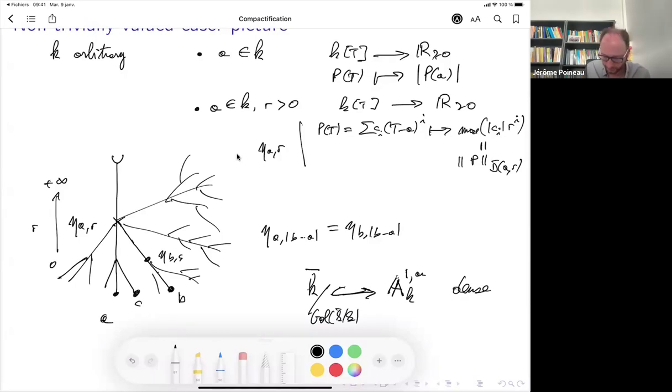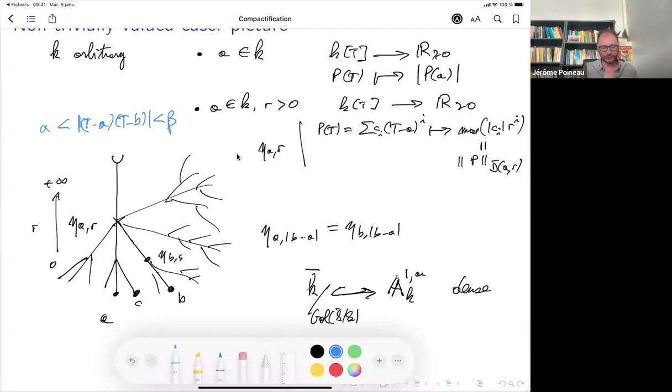But if I want to draw some open sets, a typical open set would look like this. Let's say you take some polynomials, say t minus a, and you multiply by some t minus b, and you put two constants, just some random alpha, beta.